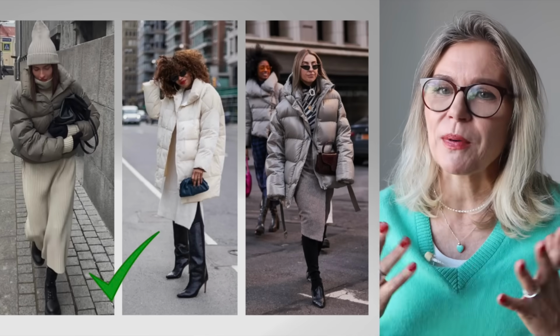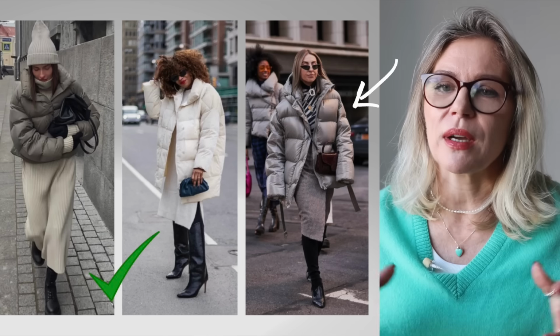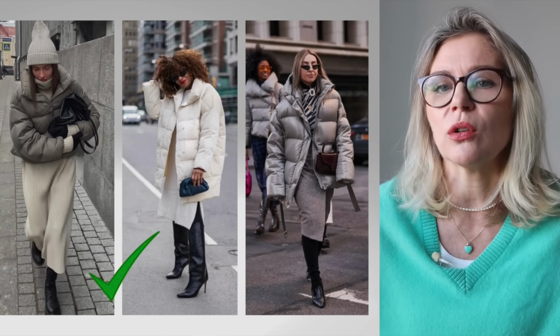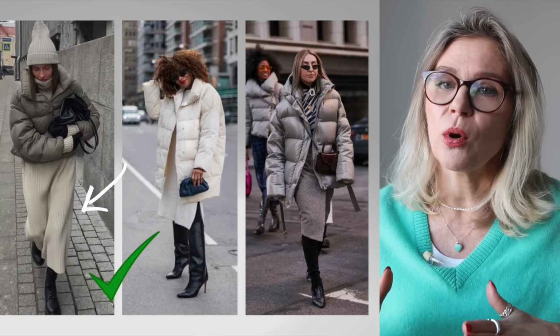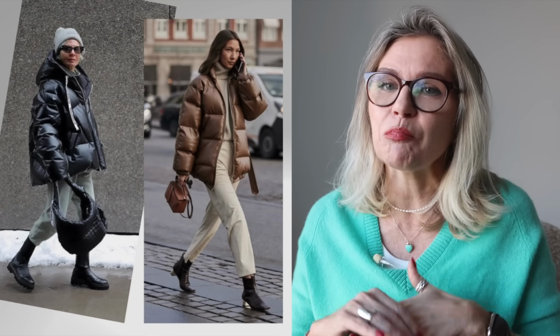Look, for example, I prepared some pictures for you to let you understand better. If a lady is wearing a puffer jacket which adds volume, it can be a longer coat, so obviously your bottom has to be clean. It's advisable to wear it with the pants and keep it simple. Only by paying attention to the balance, you will create a nice and elegant look. If you put two volumes together like you see on this picture, for example, the girl is wearing a very oversized bomber jacket and she's wearing it with the palazzo pants, you will look like just one big volume, which is